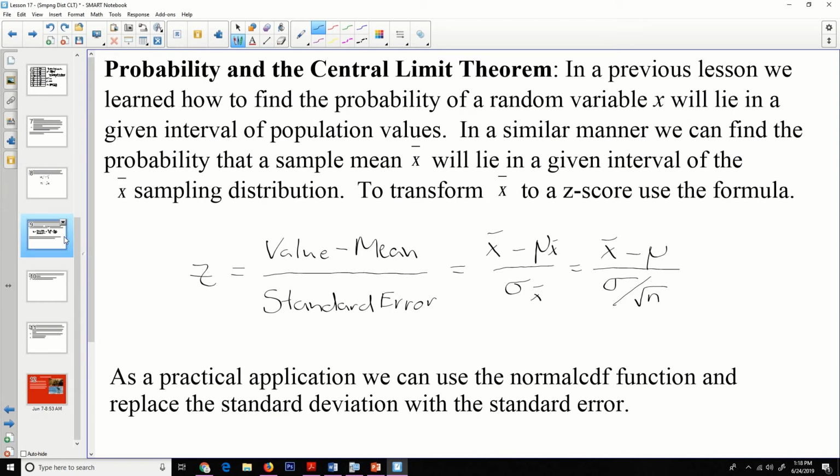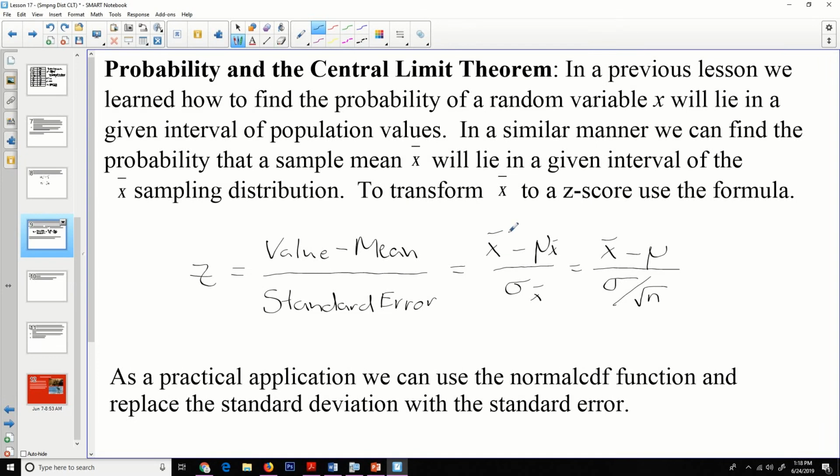So, probability and the central limit theorem. In a previous lesson, we learned how to find the probability that a random variable x will lie in a given interval of values. That's what we did in the last couple lessons. In a similar manner, we can find the probability that a sample mean, x bar, will lie in an interval of the sampling distribution. So normally, to transform that to a z-score, we would use the value minus the mean,